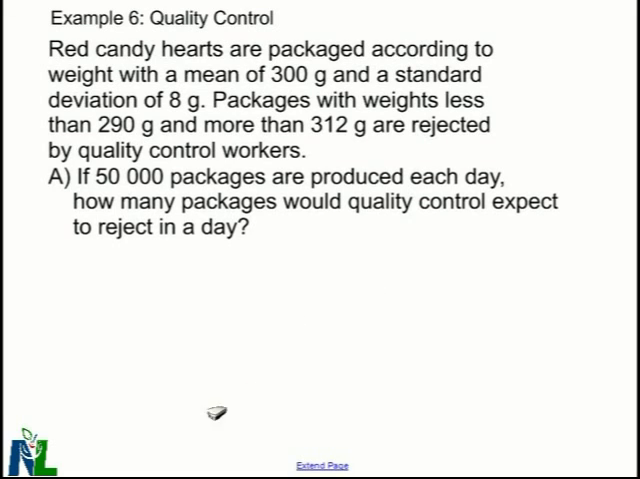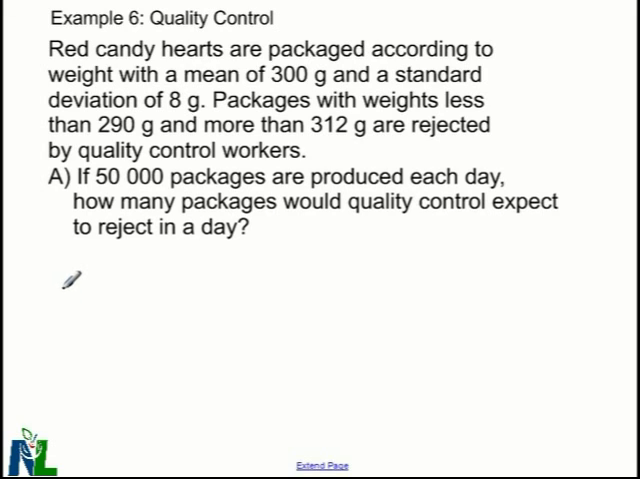In this video, we'll be going over using z-scores to answer a word problem. So at this time, please pause the video and take a moment to read the problem. Once you've read through the problem, you'll see we're dealing with a red candy heart factory that produces 50,000 hearts